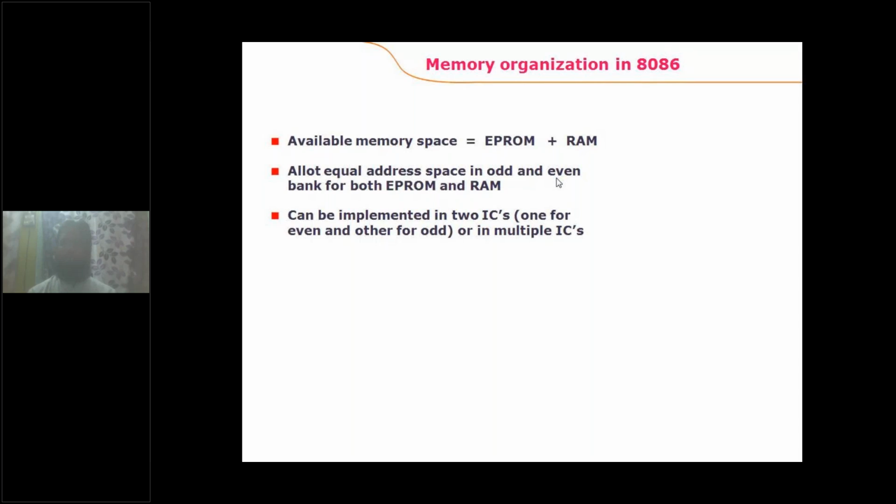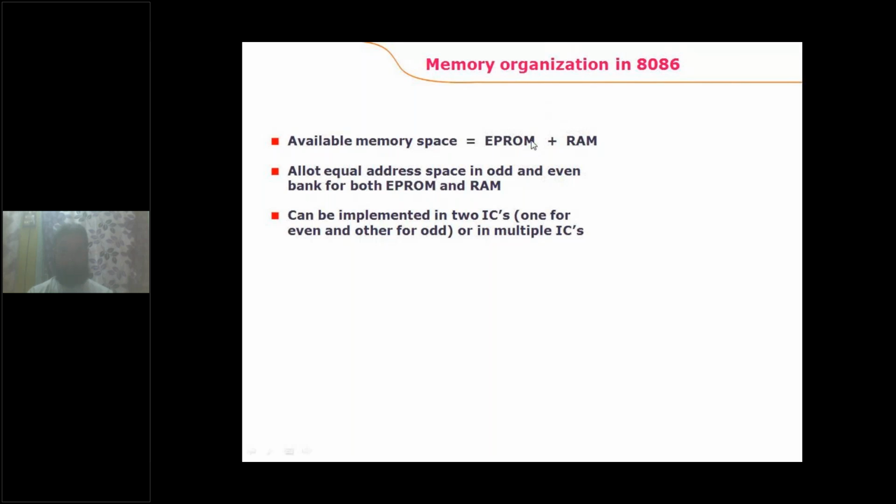So the operating system, which is permanent, should be stored in the permanent memory, and the application software, which is not permanent to me, is to be stored in temporary memory. Basically, it can also be stored in permanent memory. But what we need to remember is that the operating system must be in the permanent memory, and that permanent memory is ROM. There are many variants of ROM: PROM, EPROM, UVPROM. All these are variants of the ROM device.